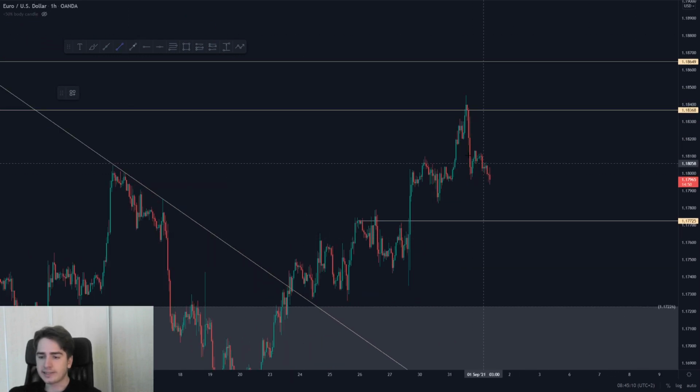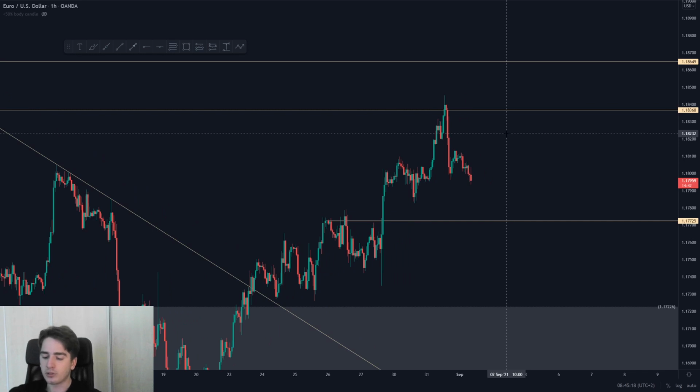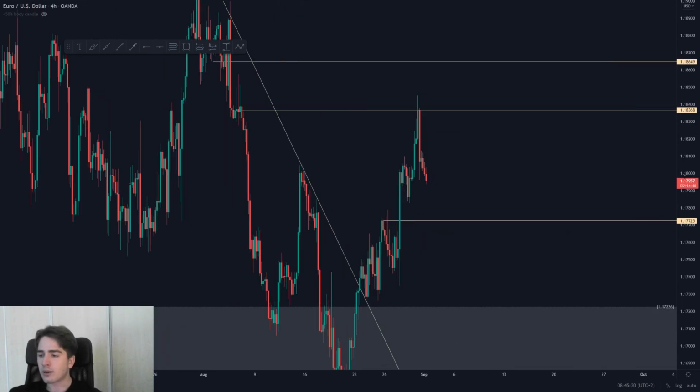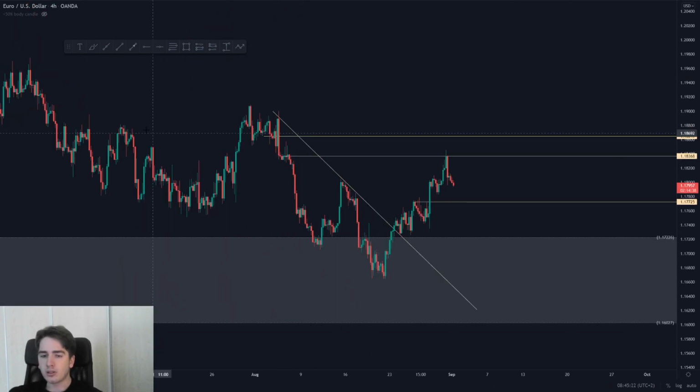But yeah, guys, as you can see, beautiful wedge formation in towards that level. It was a beautiful short to take. I didn't take it personally once again, but it was a beautiful short. So looking at the 4 hour structure at the moment, what I wanted happened, because as we can see, we now broke this high over here and we have created a new higher high. So what we can now expect from euro dollar is a further pullback before looking for any potential new positions. So expecting some more downside on euro dollar for now.